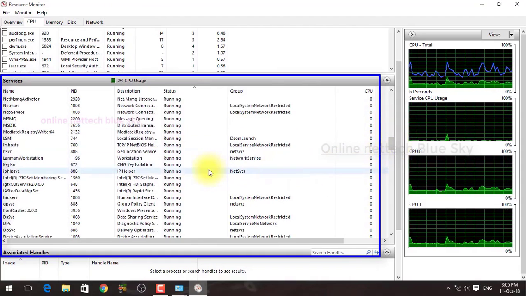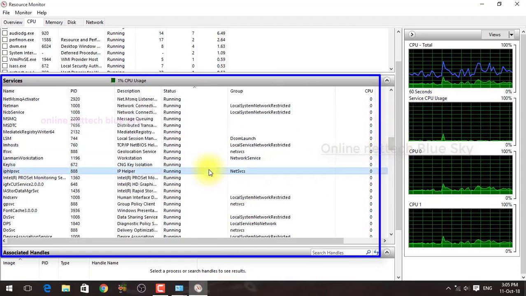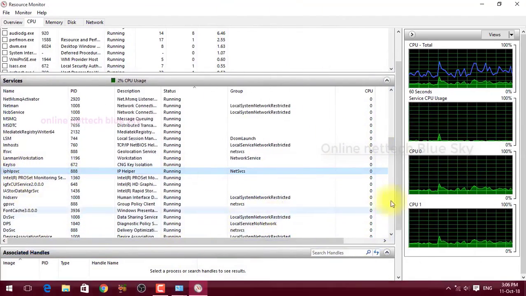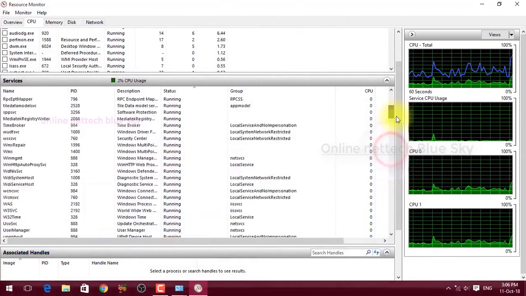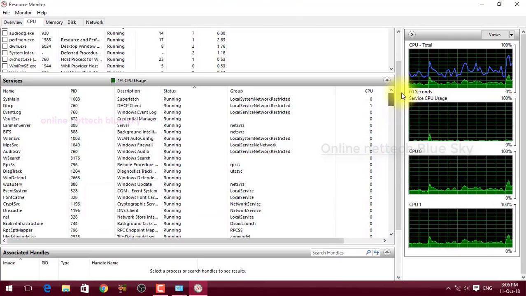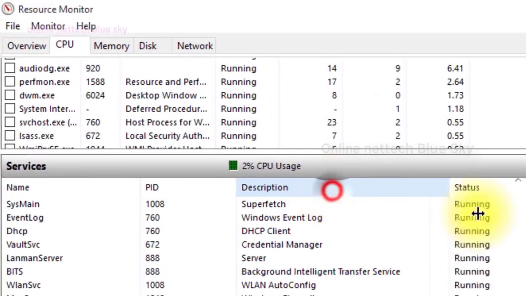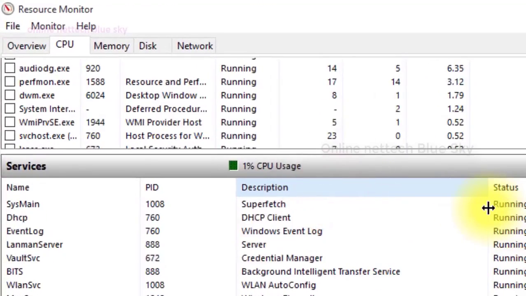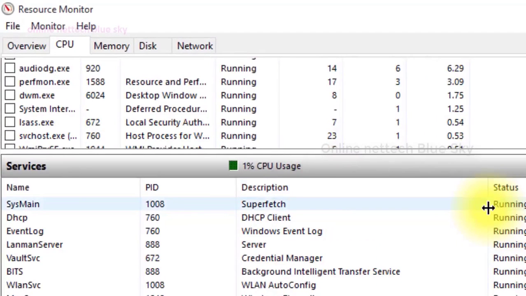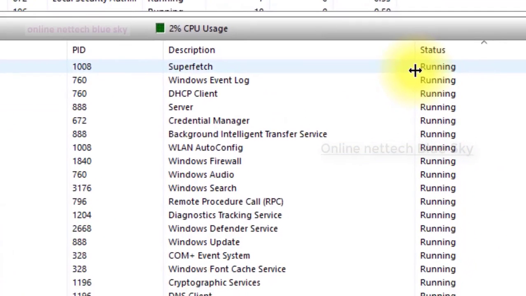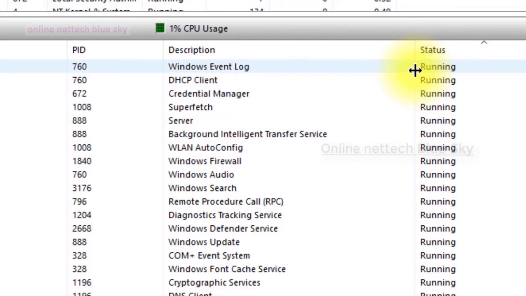So how do you identify DHCP? First, you should know that DHCP means Dynamic Host Configuration Protocol. This type of protocol automatically gives an IP address, and it is very important. So the process ID is used to identify these types of systems here, and you can check the description first.